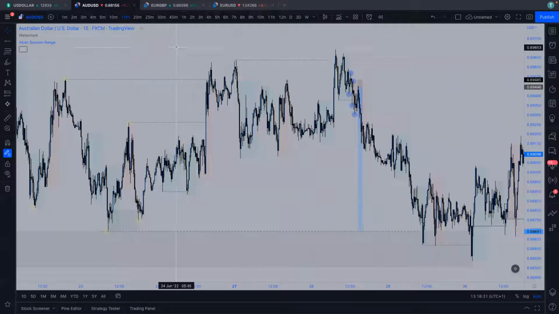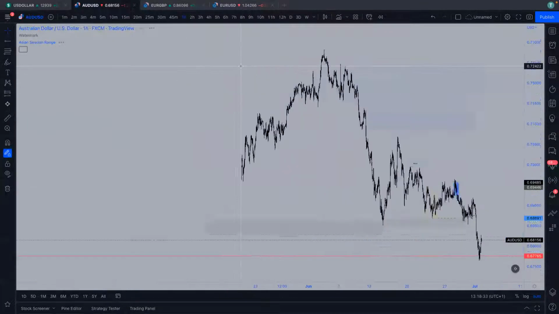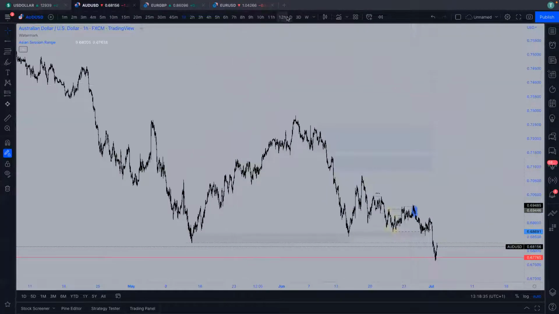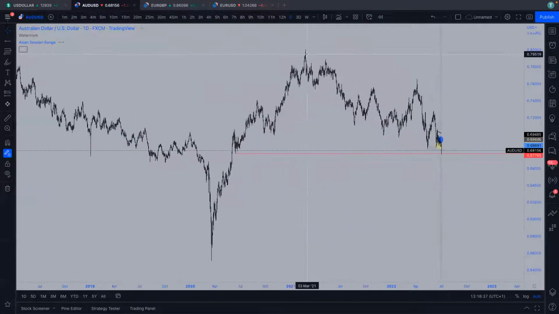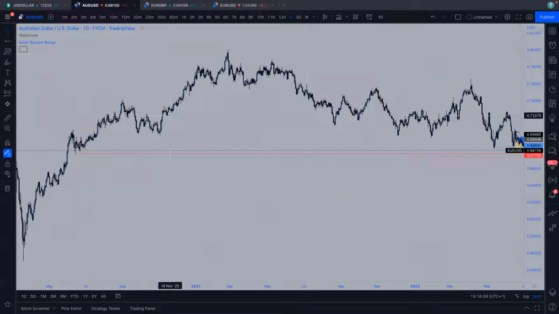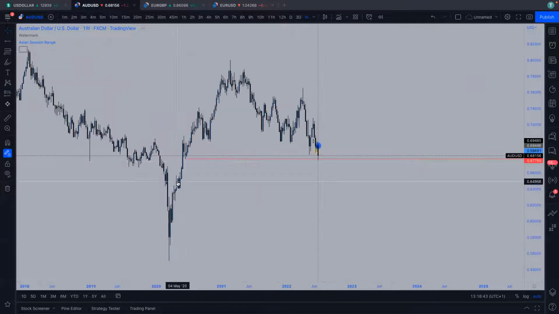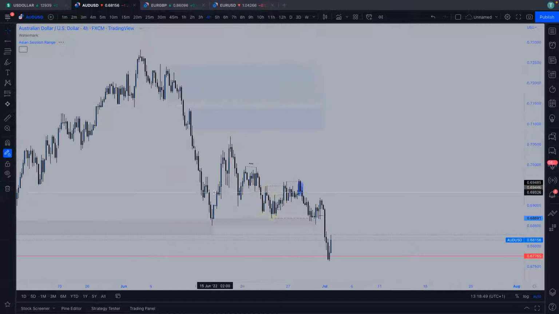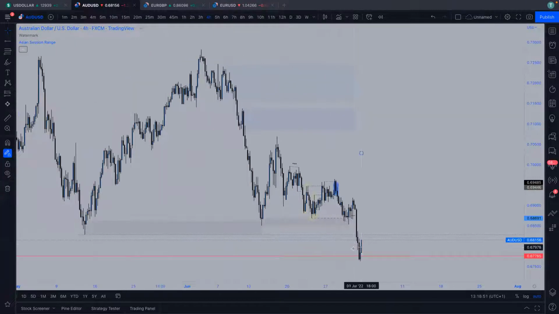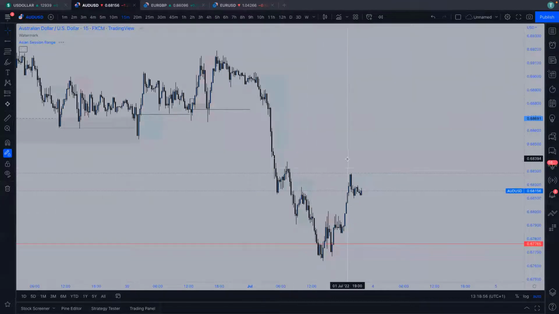So AU, let's go into this. If you guys have been following any of the other videos, we were all expecting this weekly low to come in and get filled. We did actually just come down and sweep that bottom low. And you can see we manipulated all of this. We came in, and then we potentially started to have quite a strong reaction.